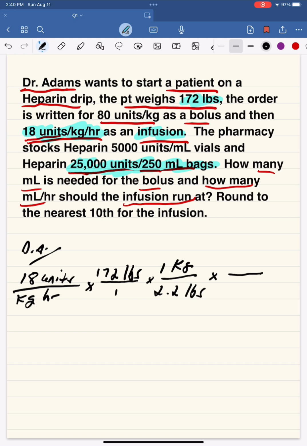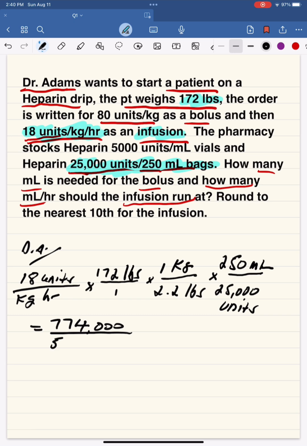And now we have to take care of the units. So we know we have 25,000 units. We're going to put the units on the bottom because it has to cancel out the units on the top. 25,000 units per 250 ml bag, which we're going to put on top. That's the bag that we have in stock. Now we're going to multiply 18 times 172 times 1 times 250. And that gives us 774,000 over 2.2 times 25,000, which is equal to 55,000. So 774,000 divided by 55,000 is equal to